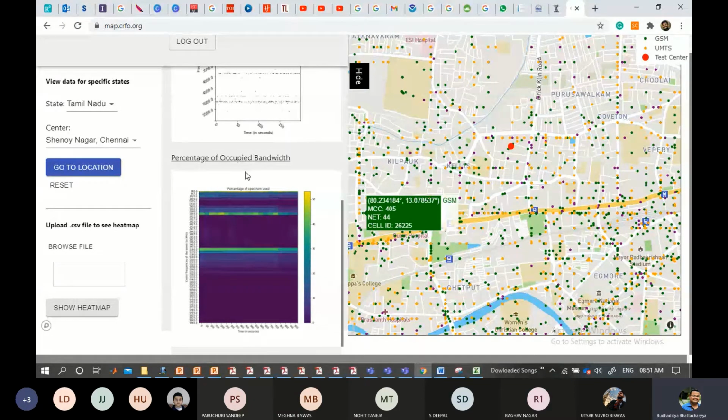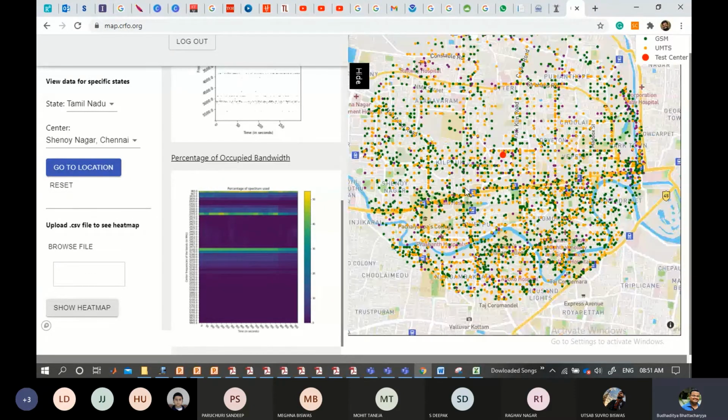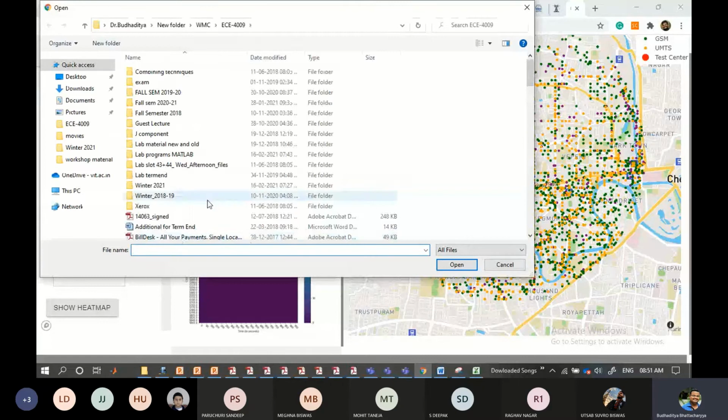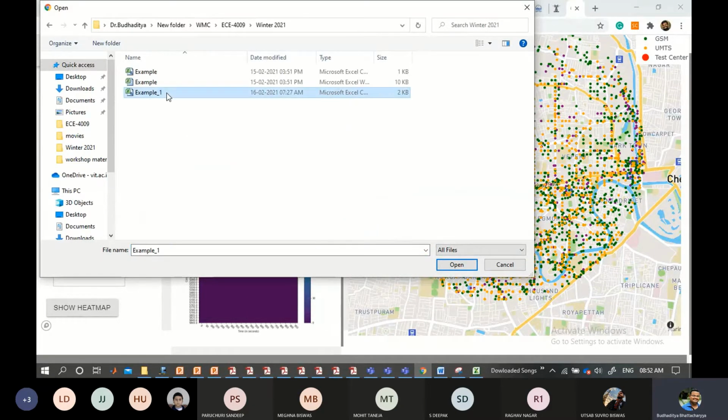But we are not bothered with this much, because if you check for other cities, it will give you a center, based on which we can see the mapping. Simple as that. The point is, the measurement that you have taken, like the 10-15 readings you took now, and made the CSV file, based on that, if I go on the right hand side, in the bottom half of it, you can see upload CSV file to see the heat map. So I'll just browse the file, supposing that you have also created your own file. I'll go here and upload this CSV file over here.